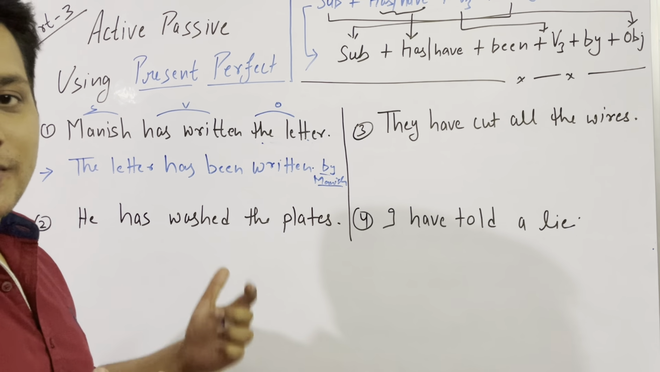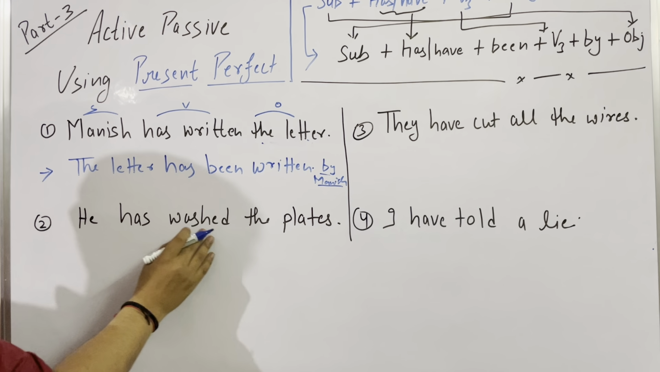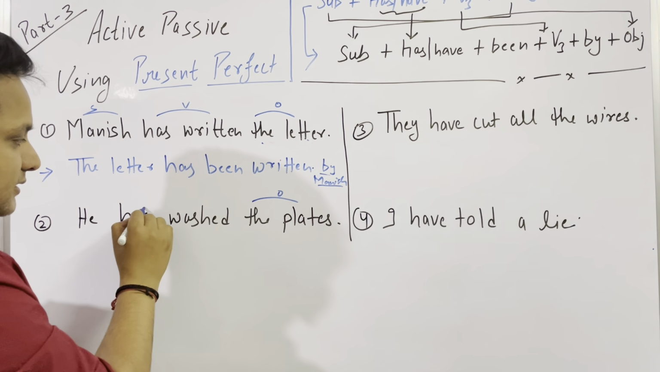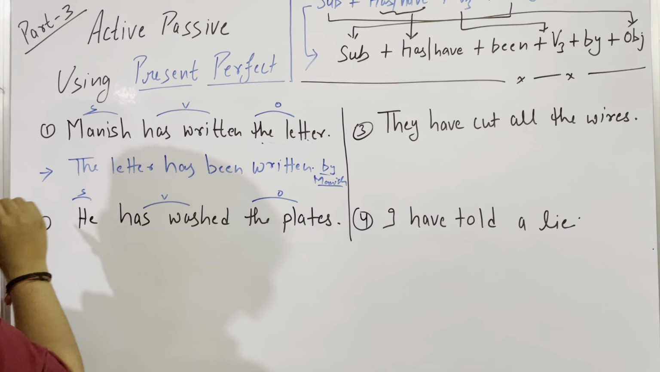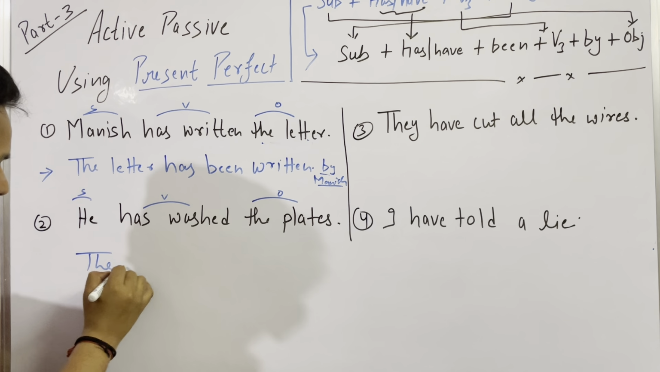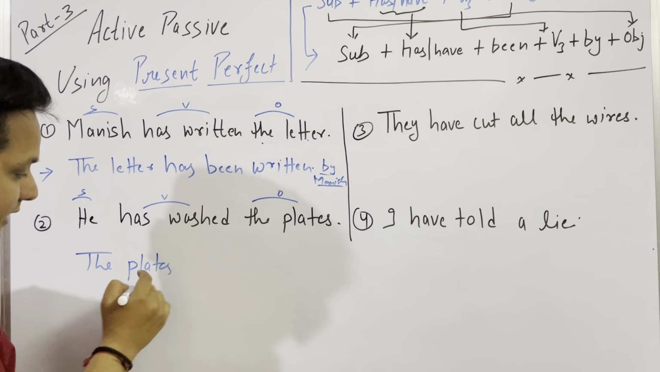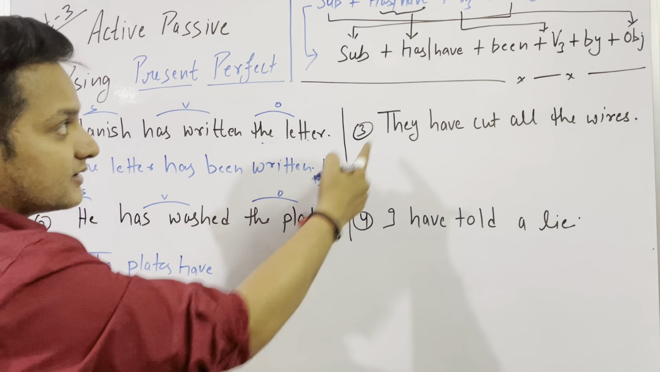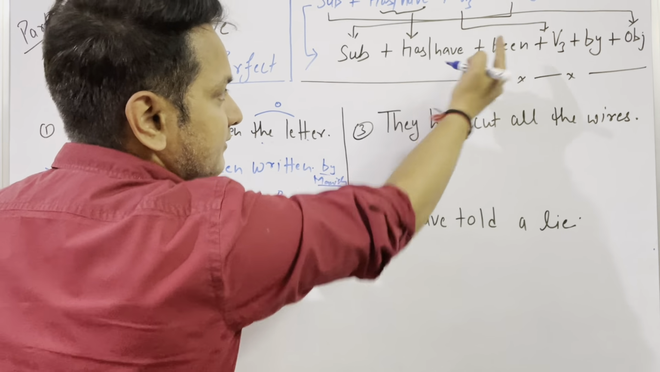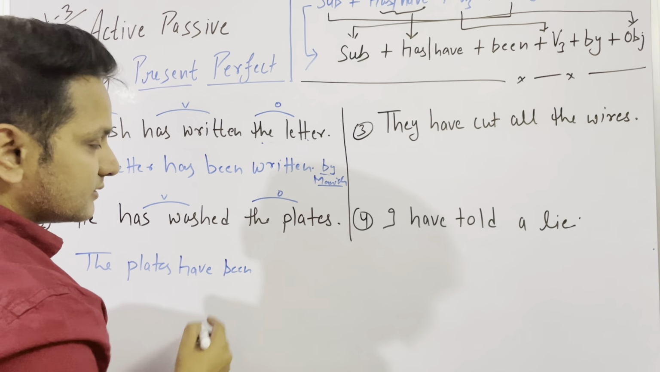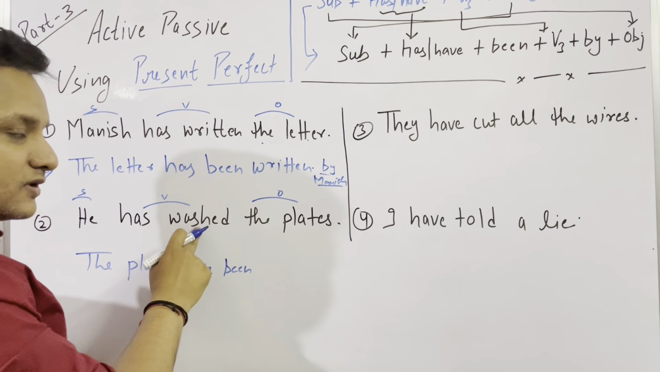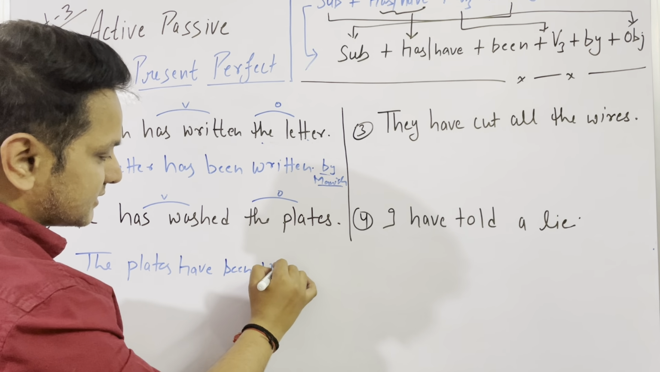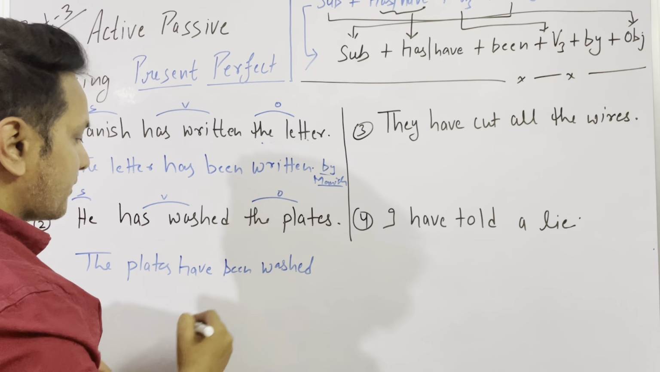Let's understand more by going to the second example. He has washed the plates. This is an active voice. For the passive, we'll be using the object. This is the object, and these two are verbs, and this is the subject. So the plates, as this is a plural form, we'll be using have. The plates have, we are done till here, then been will come. The plates have been, then V3. As perfect uses V3, we don't have to think about anything else. Just use it as it is. Washed by